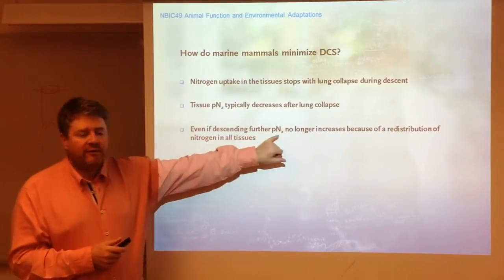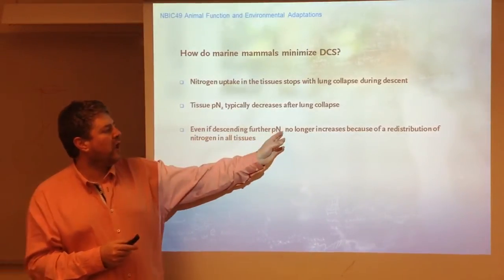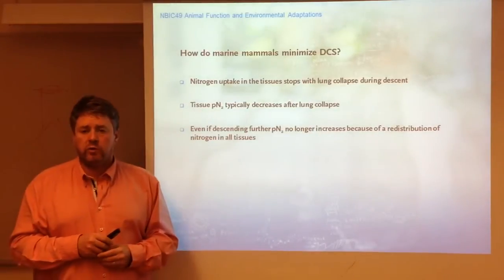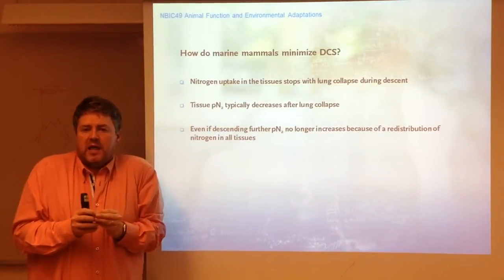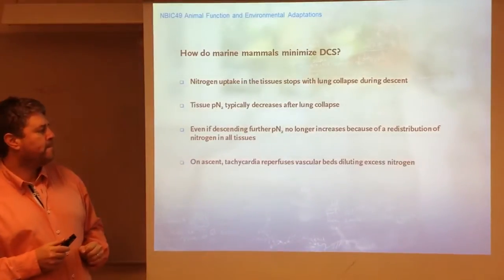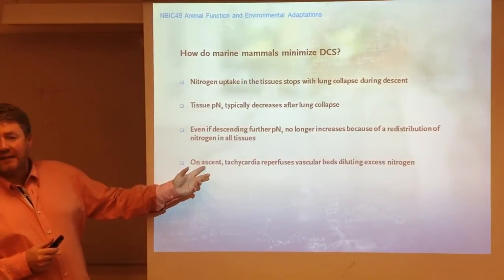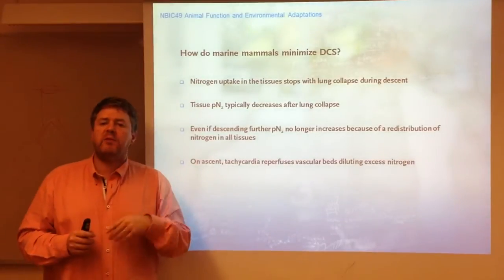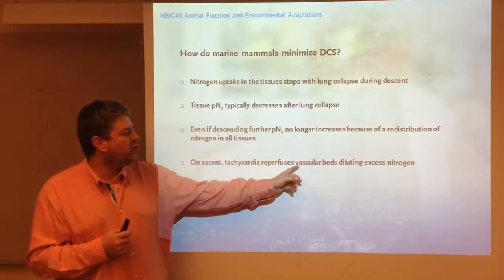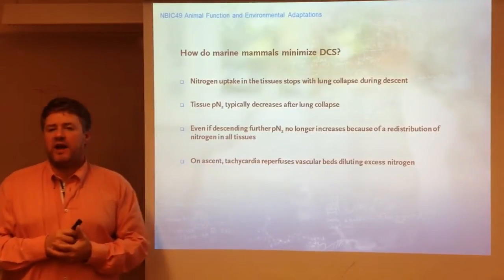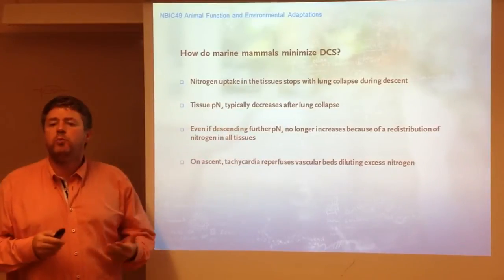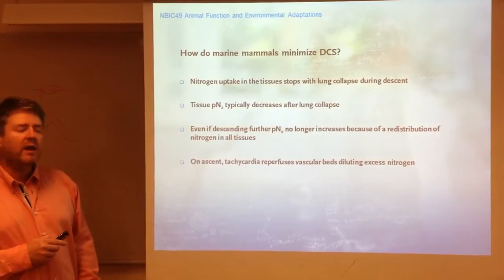Even if descending further, the partial pressure of nitrogen no longer increases because of a redistribution of nitrogen in all tissues. So in marine mammals, basically, nitrogen could be redistributed to all the tissues and evened up there. On ascent, tachycardia, that means that basically an increased perfusion of all vascular beds reperfuses vascular beds and dilutes the excess nitrogen. So it seems that in marine mammals, some of these responses should be sufficient to actually deal with